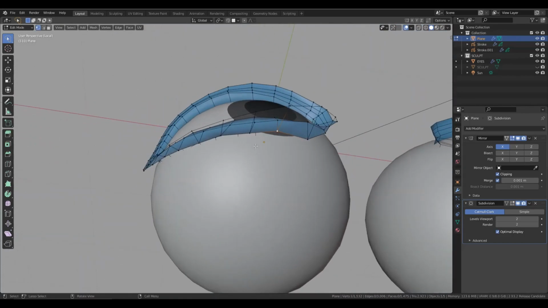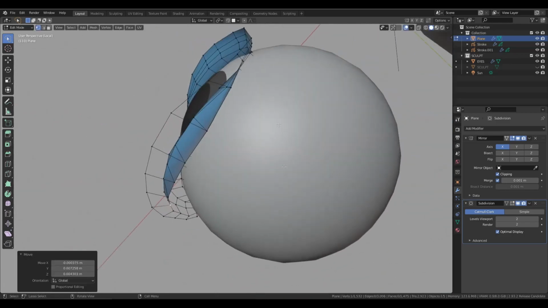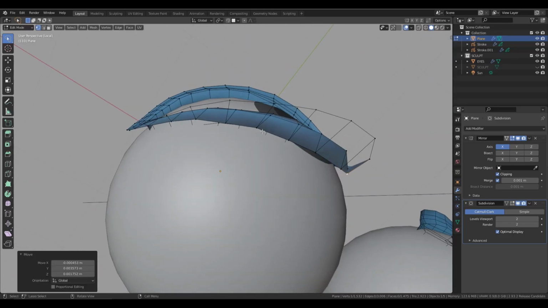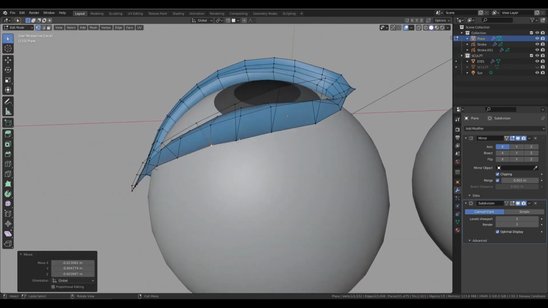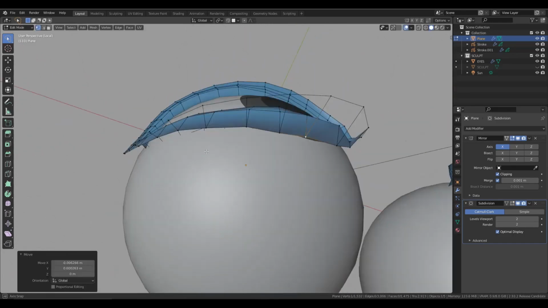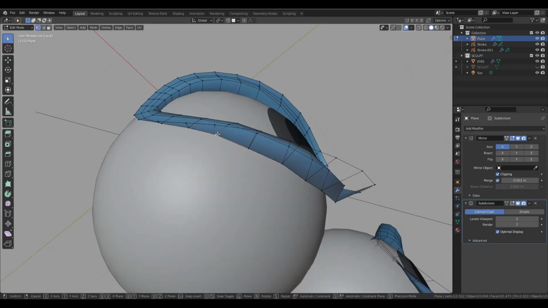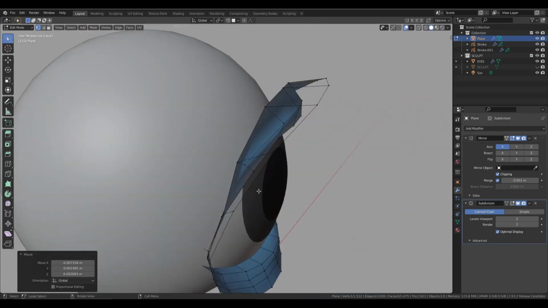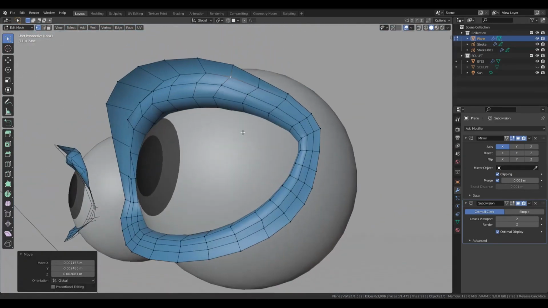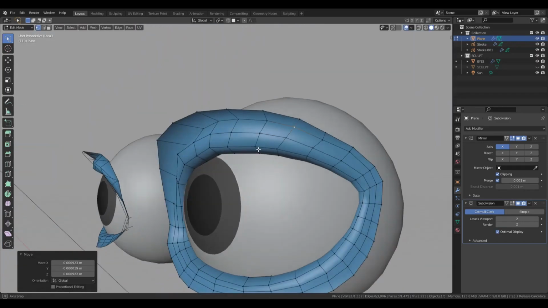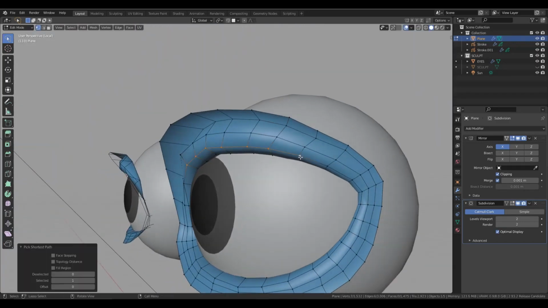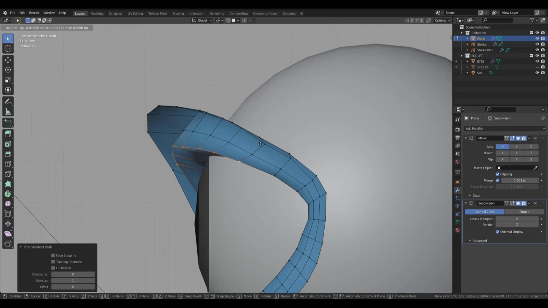So even from the top view you can see I can push it like this, which will help me define the crease on top of the eyelid in a much better and much more realistic way. Also, you can see that the lines are not fading in the right direction, so I can take a moment and compensate for that. Okay, so this will define the crease on top way better,